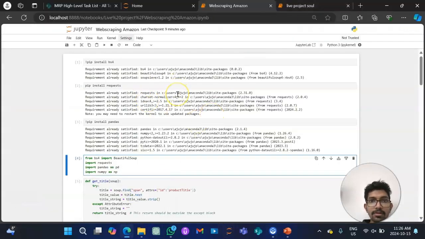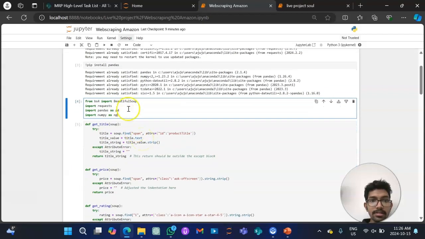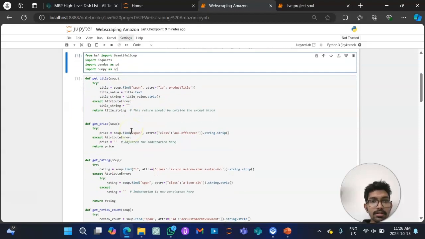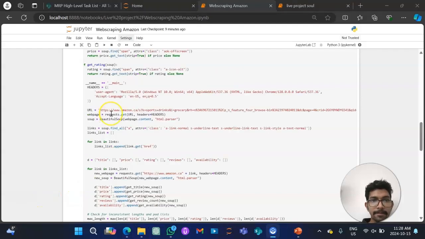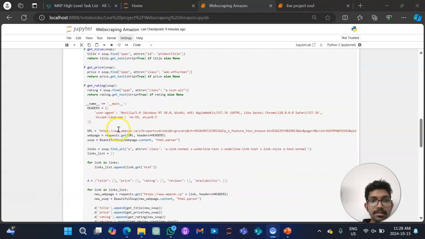Yeah. So for the web scraping, we have utilized the libraries like Beautiful Soup, Requests, Pandas, and NumPy. These are the definitions of the titles of our datasets: the title, price, rating, review counts, availability. So here is a link to the Amazon sports drink web page of the Amazon.